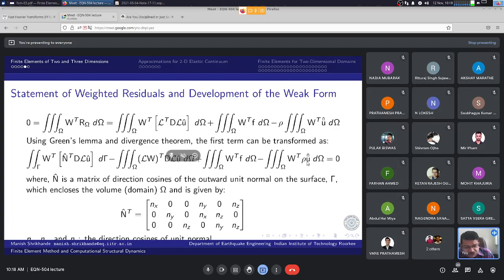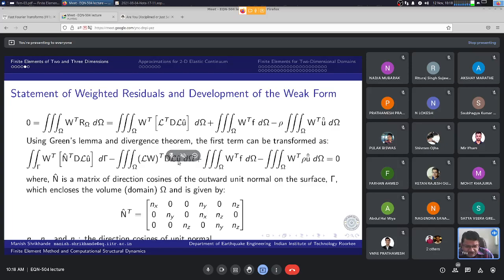So as you can see, the term involves weighting function multiplied by rho, the density of the medium, multiplied by the accelerations in all three coordinate directions. So accelerations along x, accelerations along y, accelerations along z, and this entire thing is integrated over the volume domain, entire problem volume. So how do we compute this integral? This is fine.